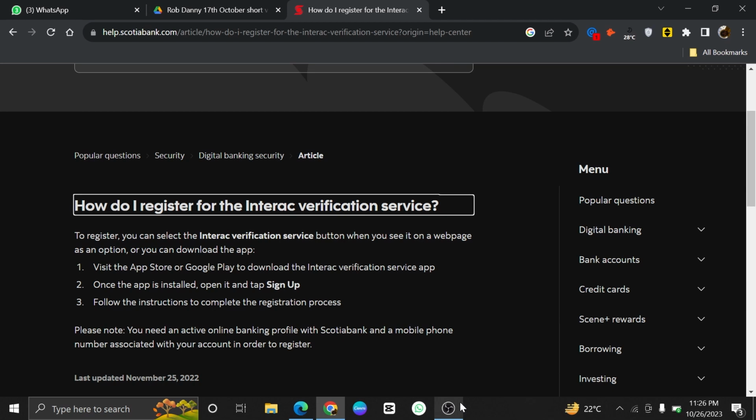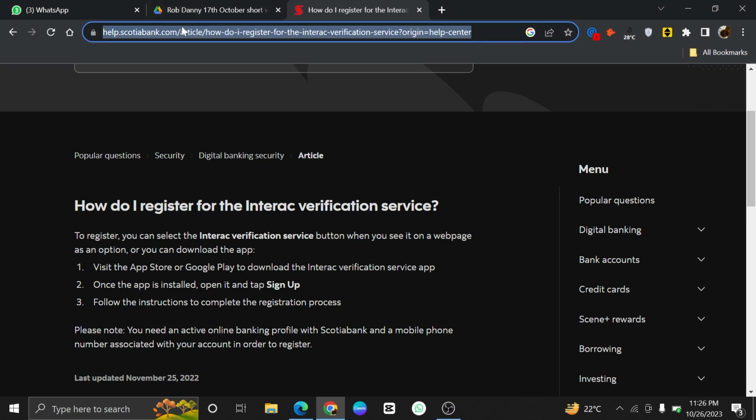Setting up Interac transfer on Scotiabank is very easy to do. Today I'm going to show you how to do it. Interac e-transfer is a popular method for sending and receiving money in Canada, and Scotiabank offers this service to its